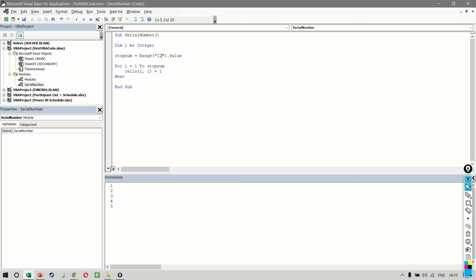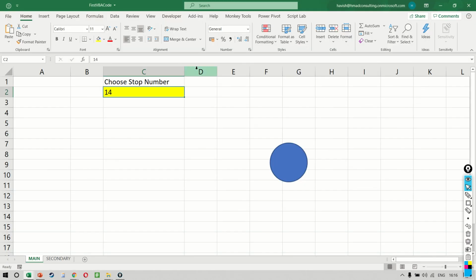Now do remember, if you wanted to, we could even have come here and written range C2 dot value, in which case we don't need to write this. But you know what? This looks a little inelegant because it looks very complicated. The person might not understand why you have chosen a range value as a counter. And that's the reason it is always advisable to save the number in a variable and then use the variable here. Let's see how this works now.